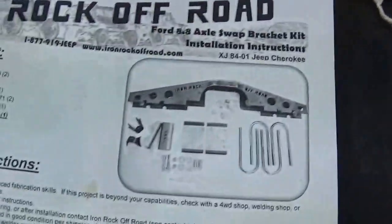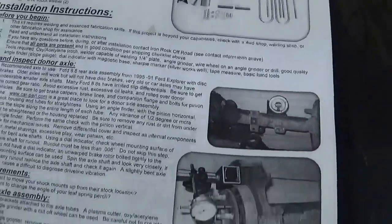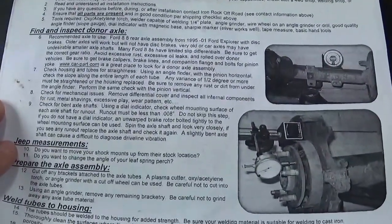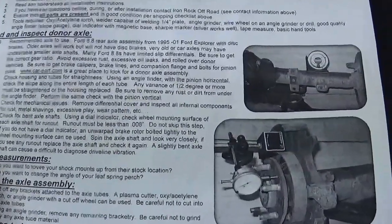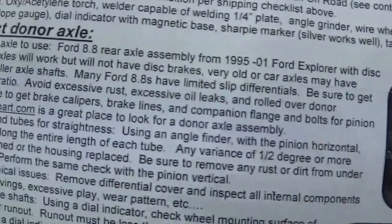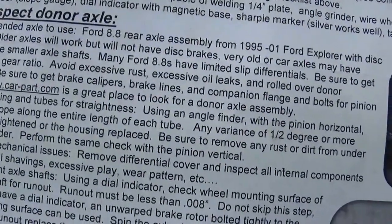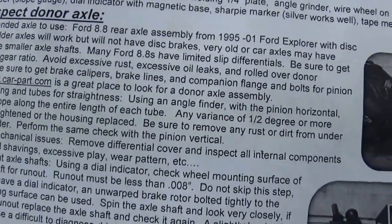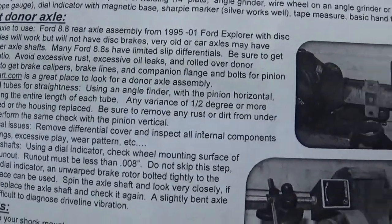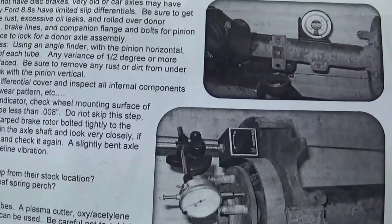and say this is what you have in your kit and what rear end you're looking for when you go to the junkyard. The best use is what they say is 95 to 01 Explorer, Ford Explorer with disc brakes. The older Ford Explorer, the first generation, the 91 to 94, have drums. They will work, but you don't have discs, you have drums. Disc brake is